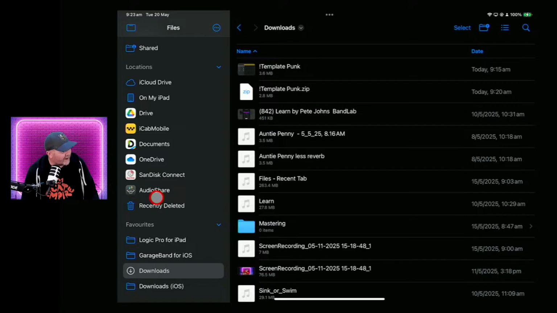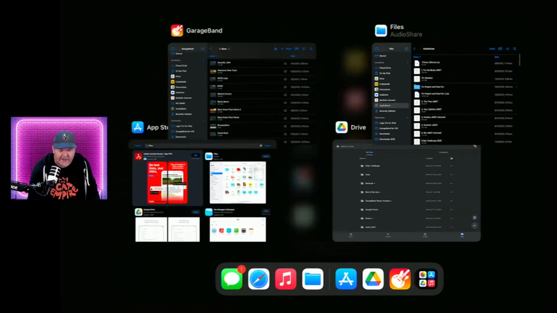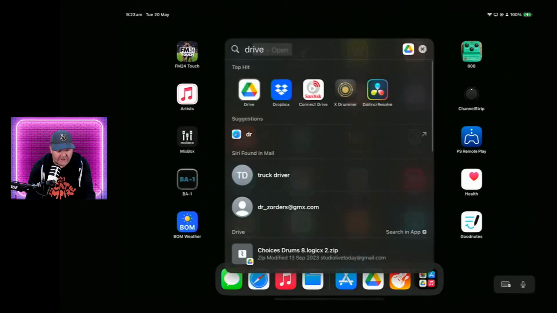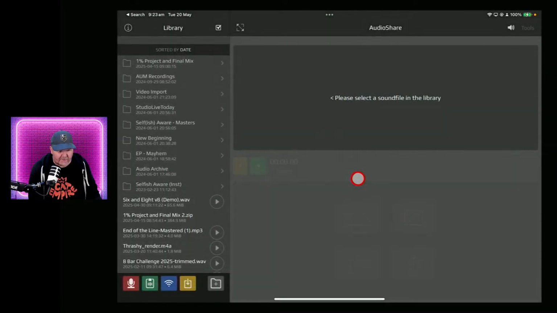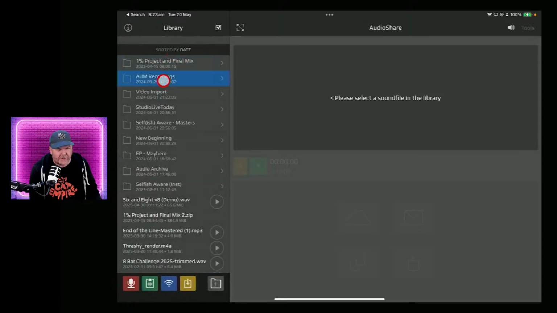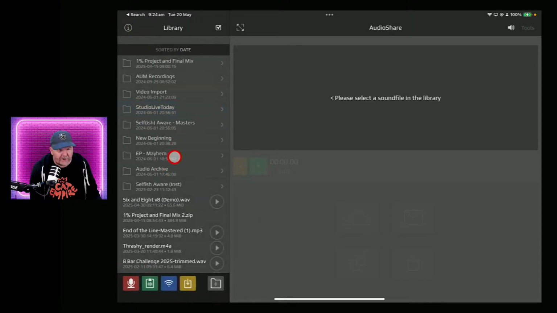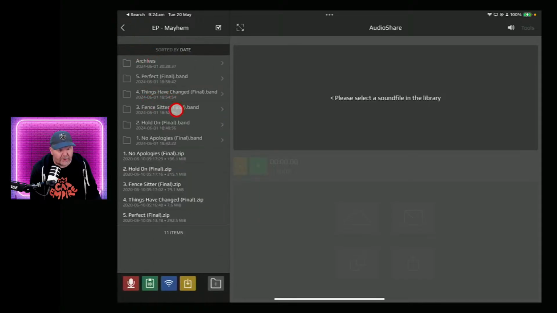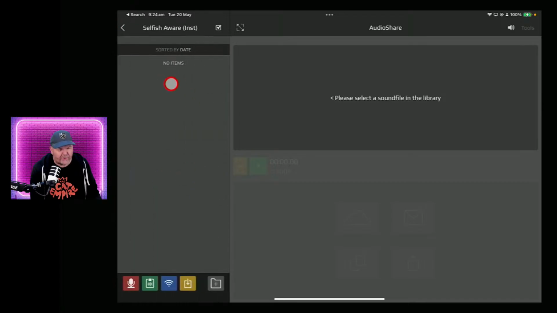Let's finish off by talking about a couple of final things. AudioShare. So you'll notice here that I have AudioShare as one of my files here. If you don't use AudioShare, get AudioShare. Honestly, I don't say this about many apps, but it is going to save you so much time and so much hassle. And the cool thing about AudioShare is you can see here, I've actually got folders stored directly within AudioShare. So I've got a lot of my audio saved in my AudioShare folders, all of the different projects, all of the different zipped up versions of my stuff, the instrumentals for my whole album.